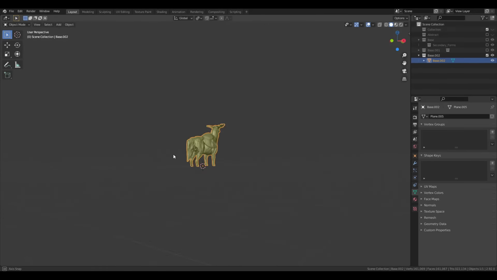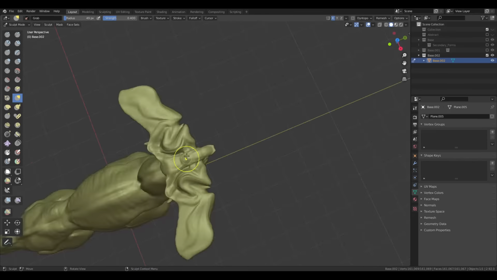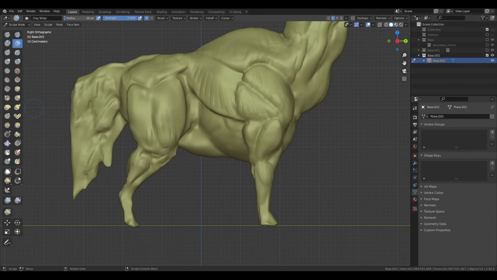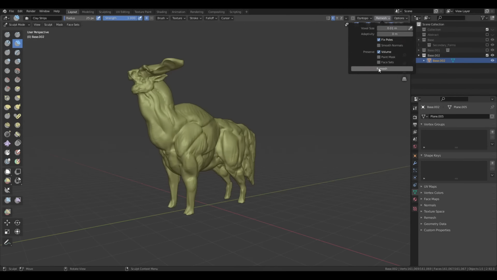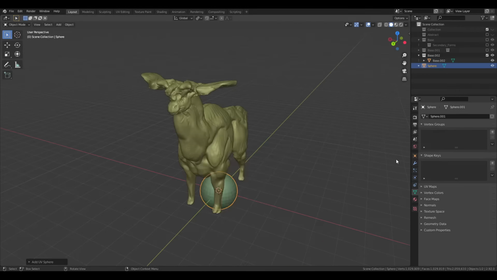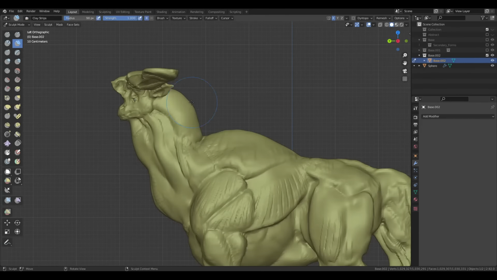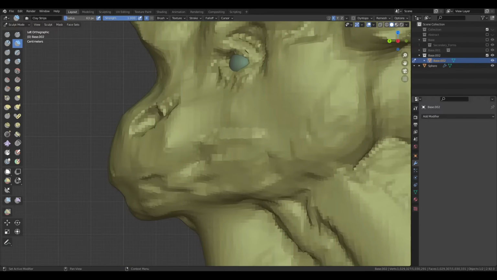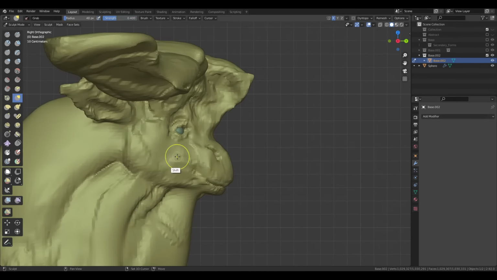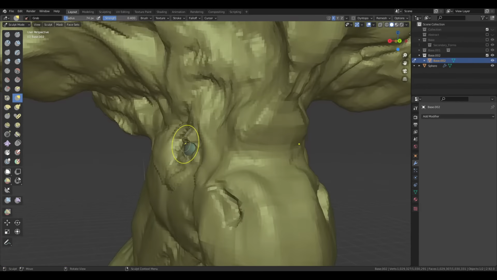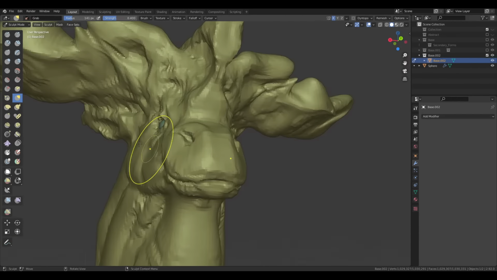Here I also just switched to another matcap just to see my volumes a bit better. I typically like something on the edge of metallic, kind of a shiny clay. I think that's where I find that it's easiest to see the forms, but you can obviously do what you prefer. You will also just add some spheres for the eyes, and I think it's a good idea to have